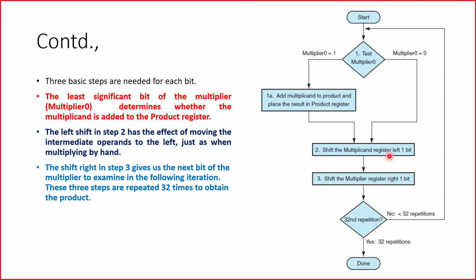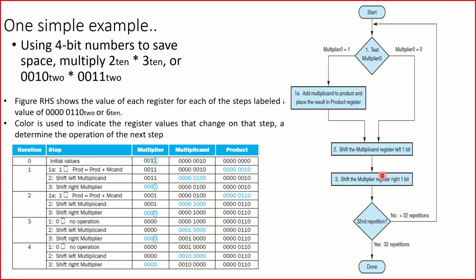I will now shift to the left by 1 bit. I will shift the multiplicand register by 1 bit. I then need to shift the multiplier register right by 1 bit. You understand this, right? I need to go on, multiply, and get the product updated. That's it. This can be understood clearly by referring to this example. We will go ahead and solve this one by one. First, we need to shift the multiplicand left, and then we need to shift the multiplier right. You get the multiplicand and multiplier shifted, and the product is available. And finally, when you operate on it, you get the final result.